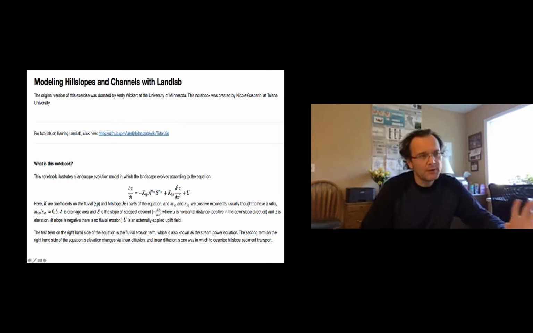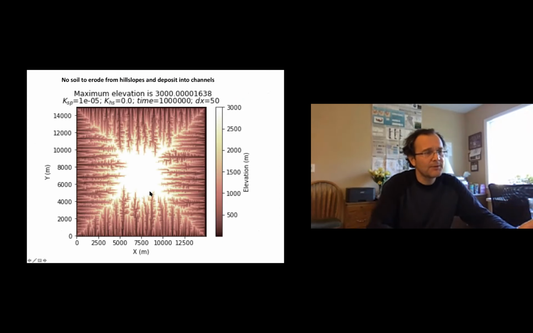So this formulation gives us two parameters to change the form of the landscape. If there are no soils, then the second parameter becomes 0, and the landscape only evolves as a function of uplift and the incision rule. So when you run this script with no soil on the rock incised by rivers, this is a simulation